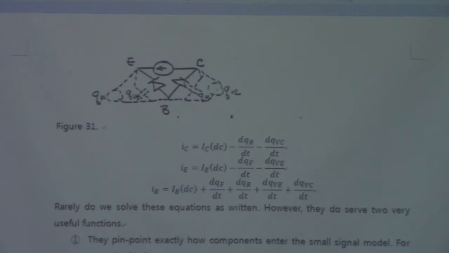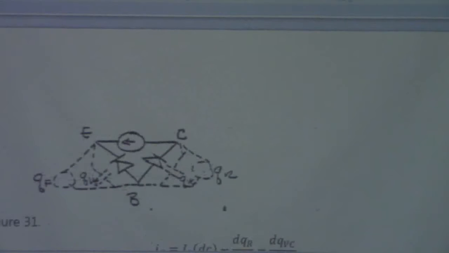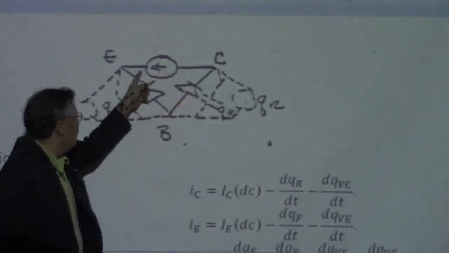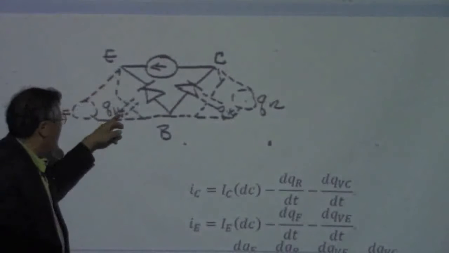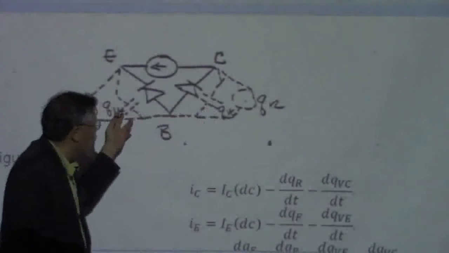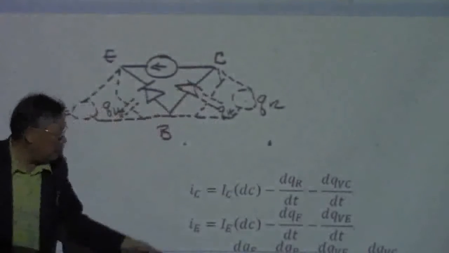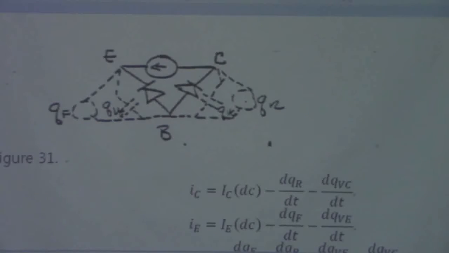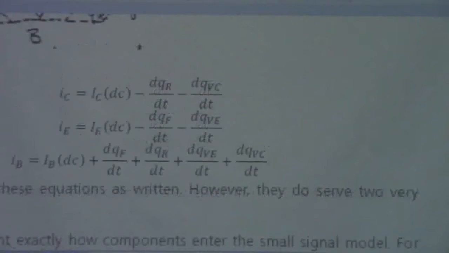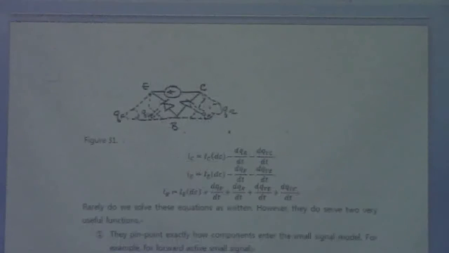So in this figure, we can see that in the DC model, we have to add the charge control and the space charge capacitances on these terminals. And we end up with the equations, something like this, right? Now,